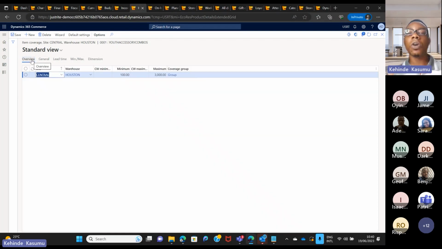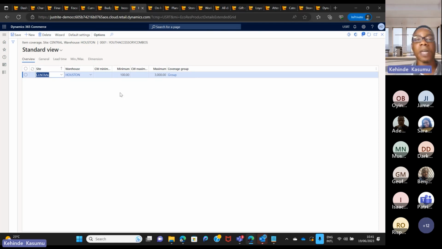And so the system uses all of this information and looks at what you have in stock in that warehouse or location. So let's give a scenario where in this Houston warehouse, the current inventory that you have now is 50.